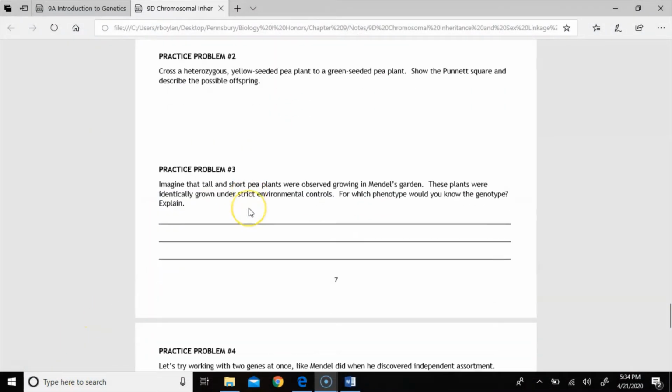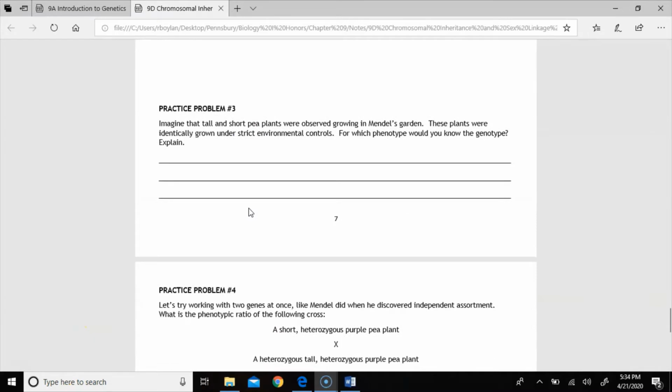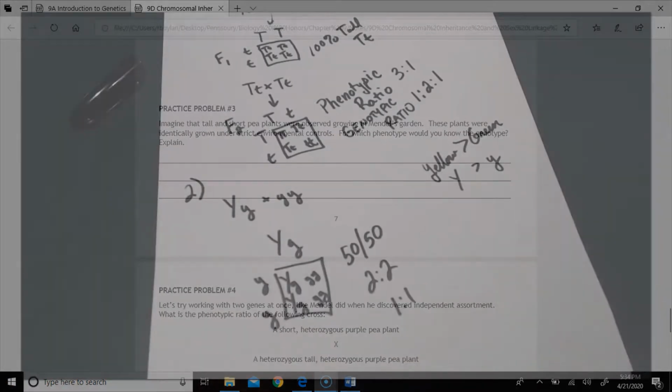And it says, imagine that tall and short pea plants were observed growing in Mendel's garden. These plants were identically grown under strict environmental conditions. For which phenotype would you know the genotype? Well, this problem is simply saying, if we go back again to number 1, it's just talking about tall and